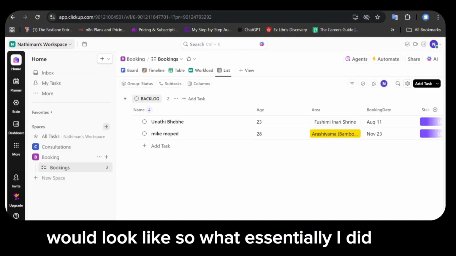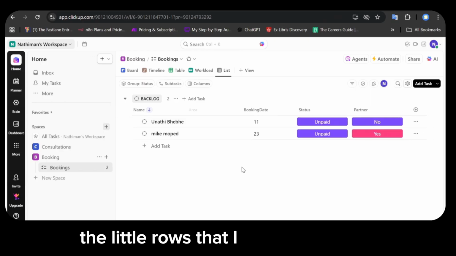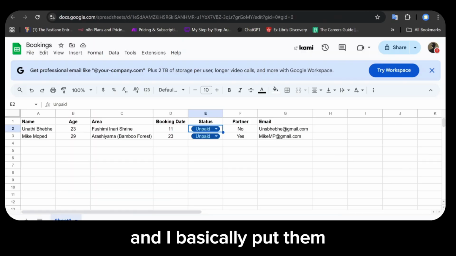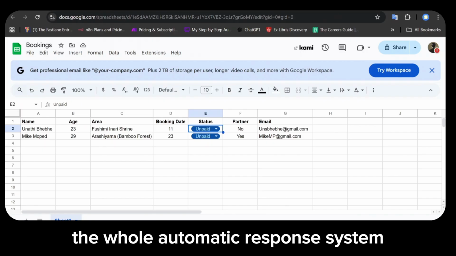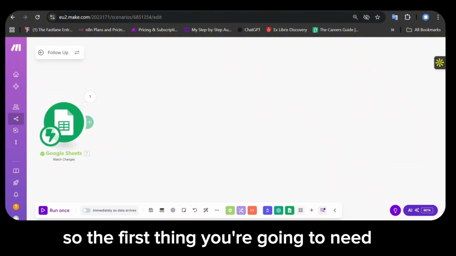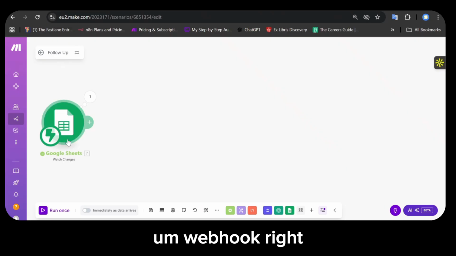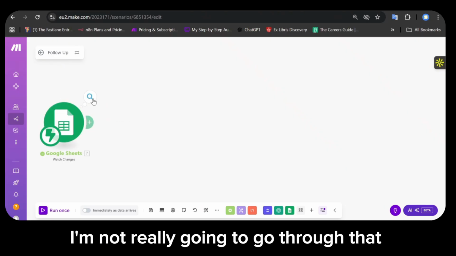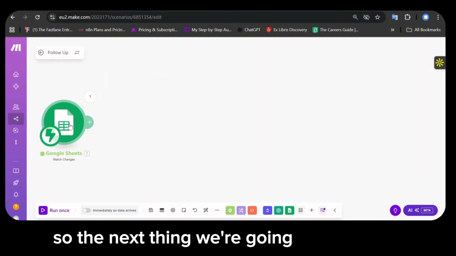What I essentially did was take the cells here, the little rows that I made in ClickUp, and put them into a Google Sheets. And we're going to use this Google Sheets to create the whole automatic response system. The first thing you're going to need to integrate here is a Google Sheets webhook. I'm not really going to go through that right now because we want to focus on the actual technicalities here. So the next thing we're going to need here